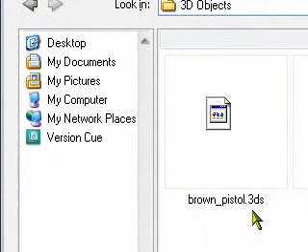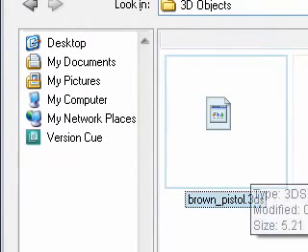Before I do, I'll tell you that they're 3ds files. They're actually 3D files and you can get them off the internet. They're widely available and there are some places where you can download them for free. So I'm going to go ahead and open this one,